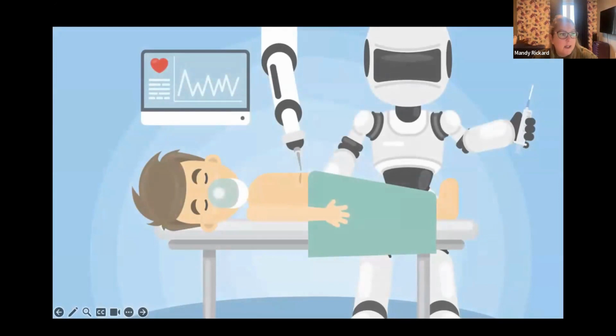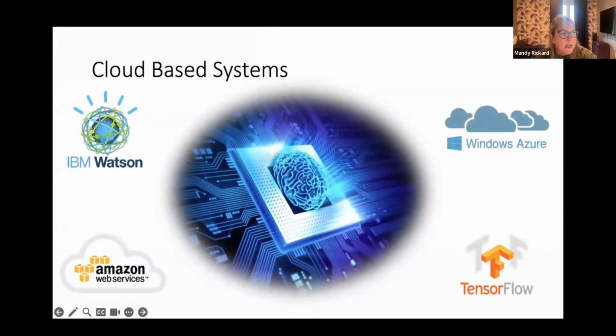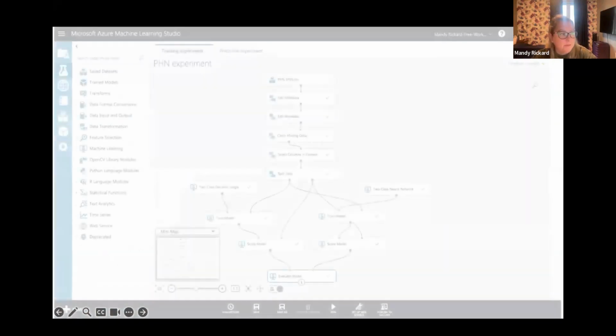So let's move on to an area that we're all familiar with, and this is how machine learning is being used in healthcare and in pediatric urology specifically. My team started exploring machine learning technology back in 2017 because we were interested in predictive analytics. And at that time, Microsoft Azure was a new cloud-based, easy to learn, and importantly, free tool that could be used for this type of research.